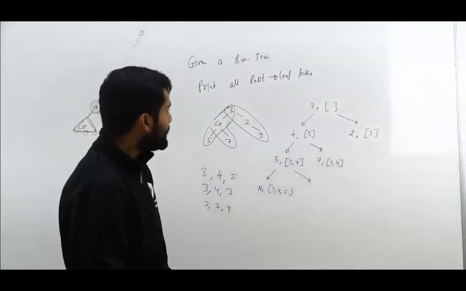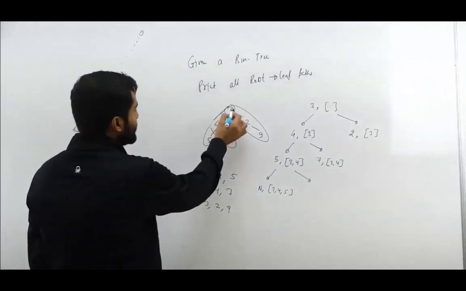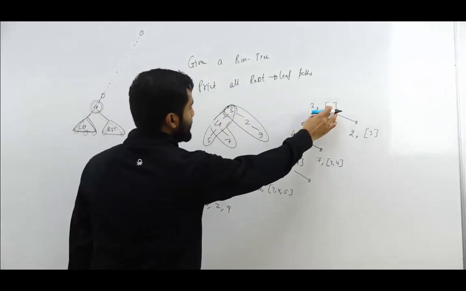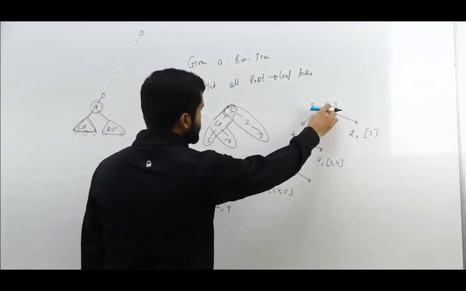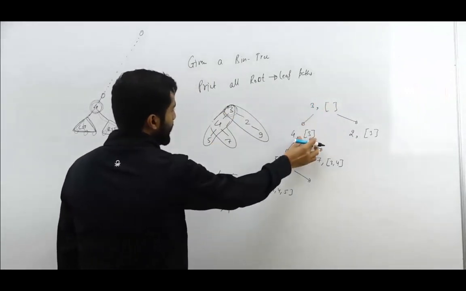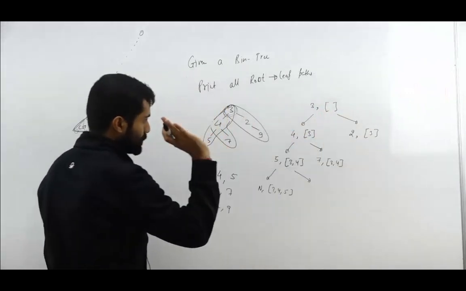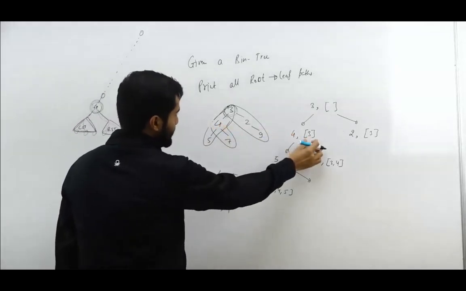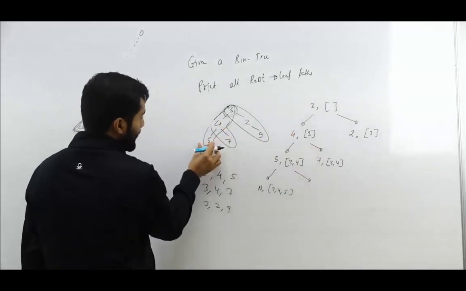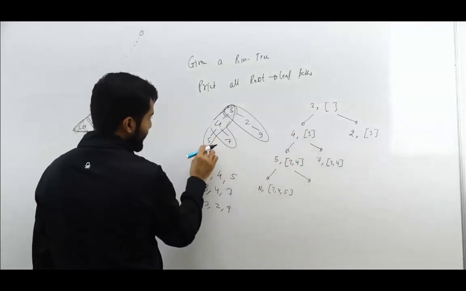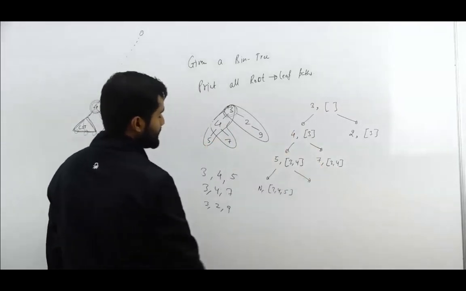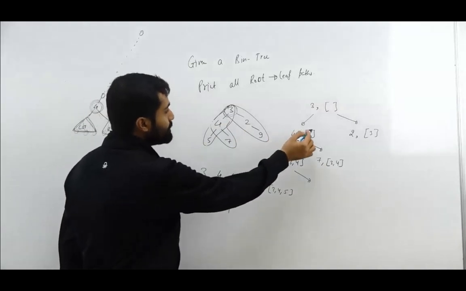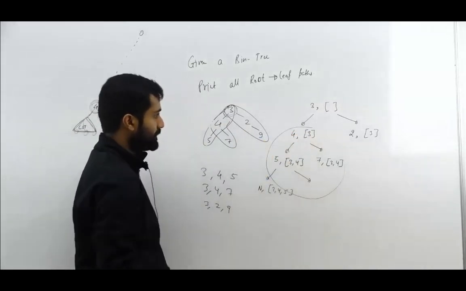So let's see, when you are at this node, you are pushing this node inside this list. When you have pushed this node inside this list, you make a call to left, you make a call to right. That's totally okay. Now you are at 4, you push this 4 inside this list. And then you make a call to left, you have 3, 4 at this 5, and you make a call to right, you have 3, 4 at this particular thing. Now, when this particular recursive call is over,